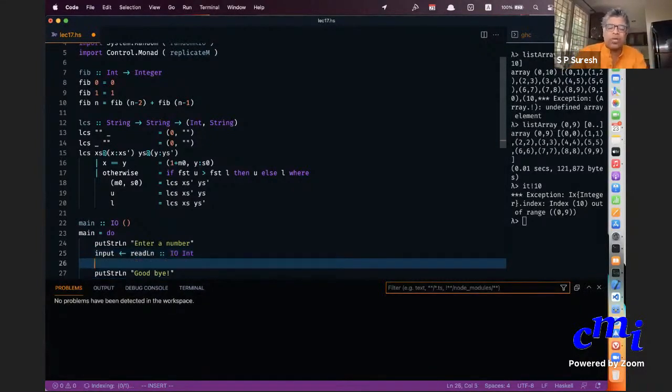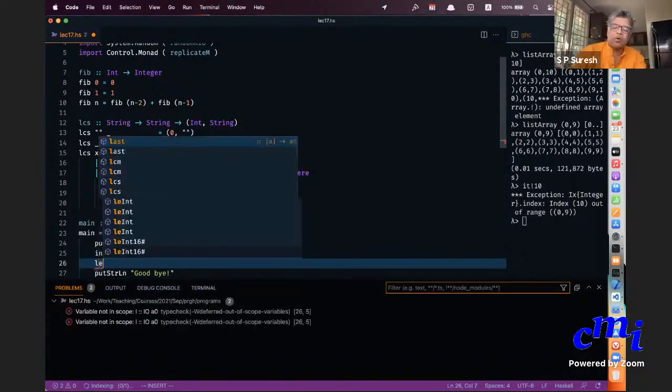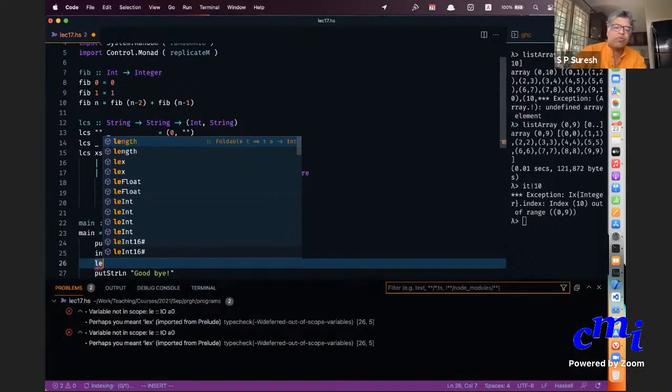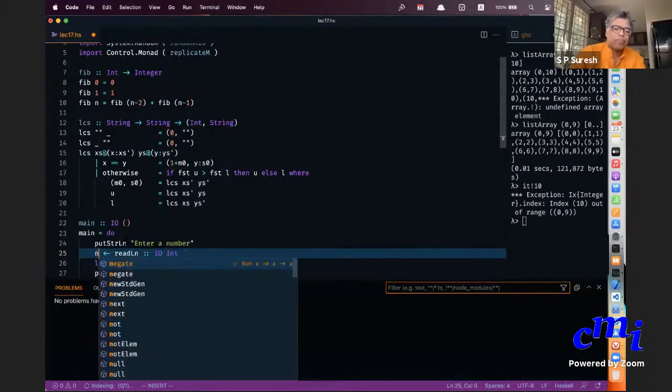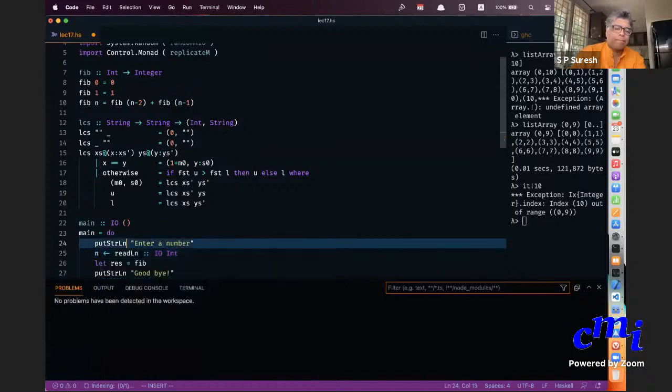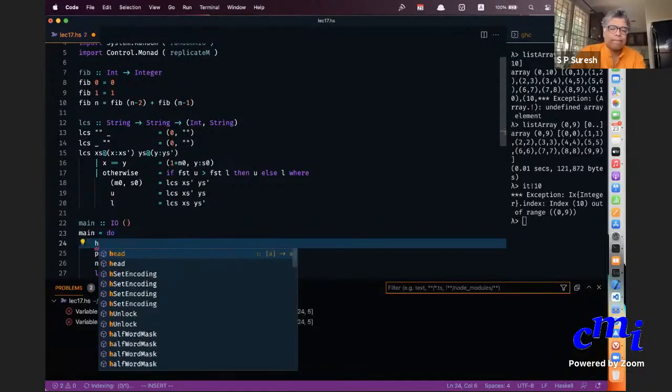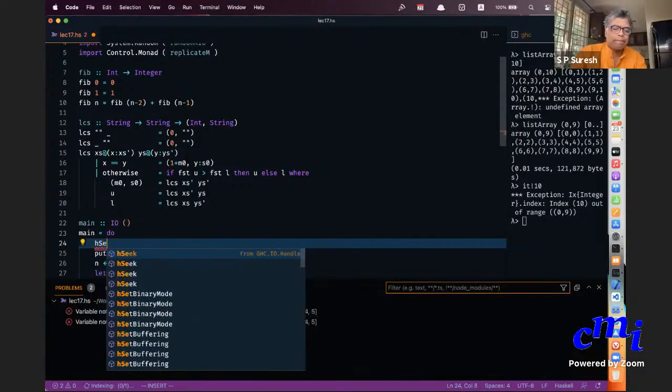Then I'll say let result equal fib of input.